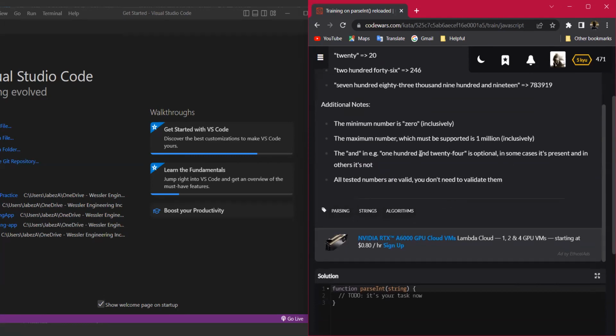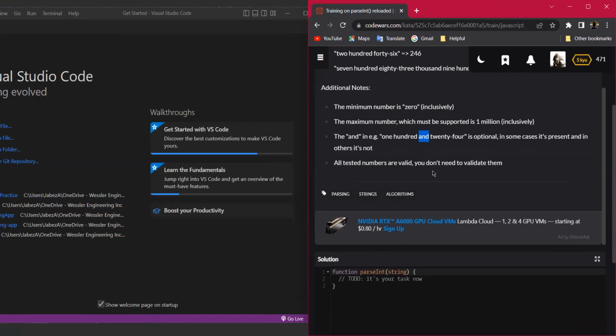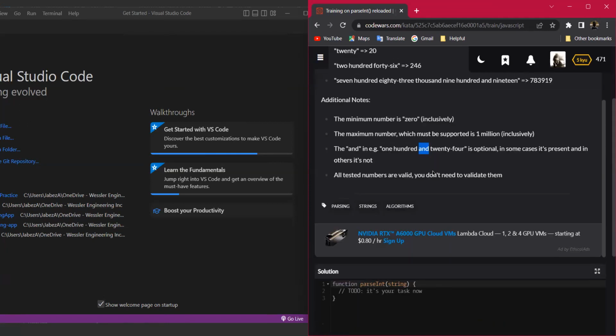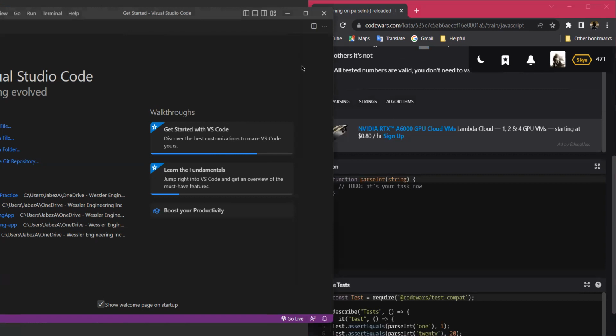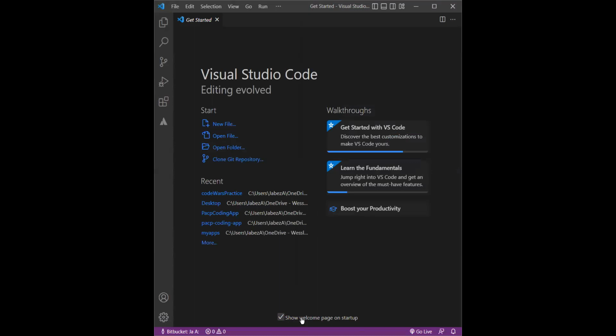Oh, and also this "and". So this actually was tricky when I was doing it. It didn't really have to be super tricky, just if it contains "and", then don't add it. But because of the way I was iterating, I had a little trouble with that. And you'll probably understand why once I start the problem. So what I'm gonna do